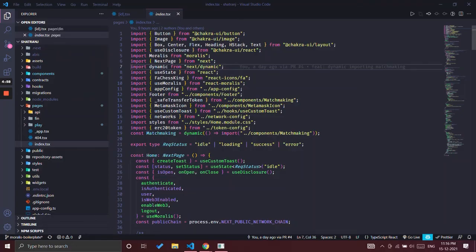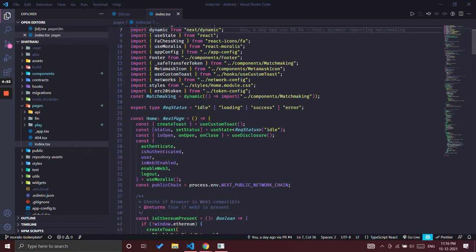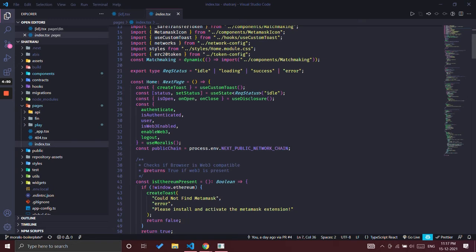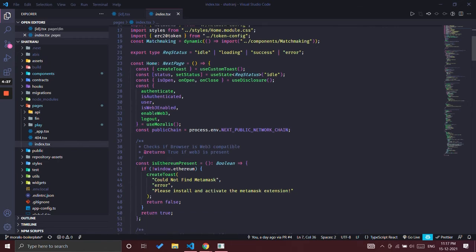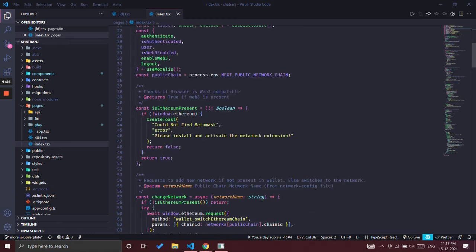Now let's have a look at the code walkthrough for our Shatranj decentralized application. When we started our application, we thought about what best stack to choose to build this, and we came up with the standard React, TypeScript, and Next.js tech stack for our front end. We have been using Truffle and Ganache for our local blockchain development, and we are using Moralis as our RPC provider. We have been using MetaMask as the primary wallet for all the transactions which are performed.